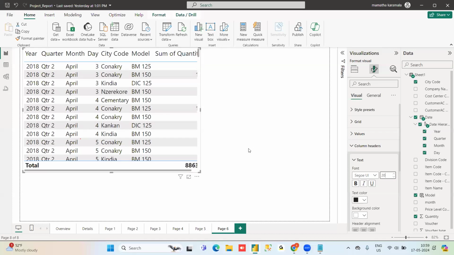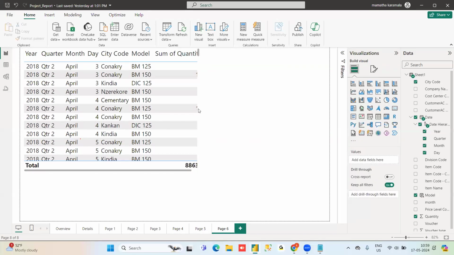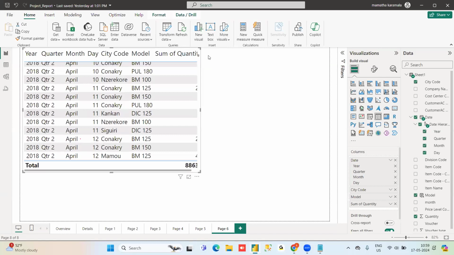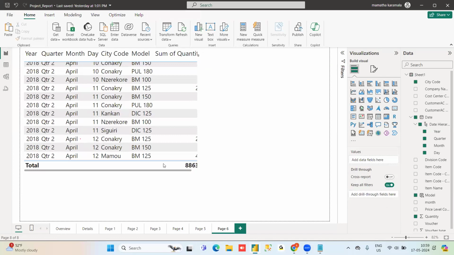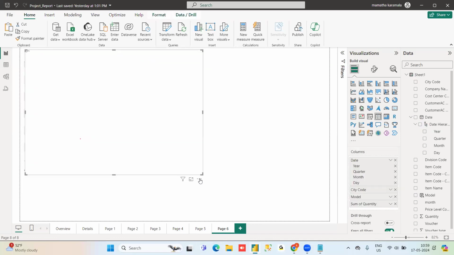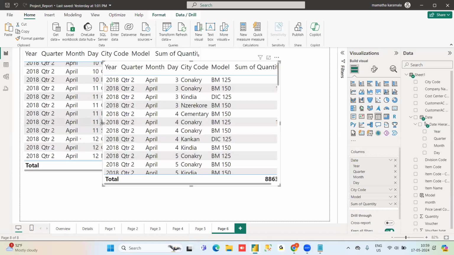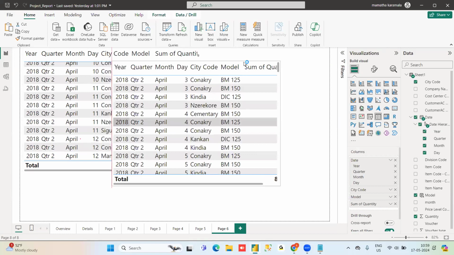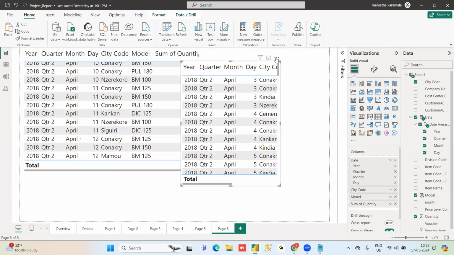Control C and Control V. Select the visual, Control C and Control V. This visual, I just copied another visual. I'm just taking two visualizations. One specific purpose I am doing here.